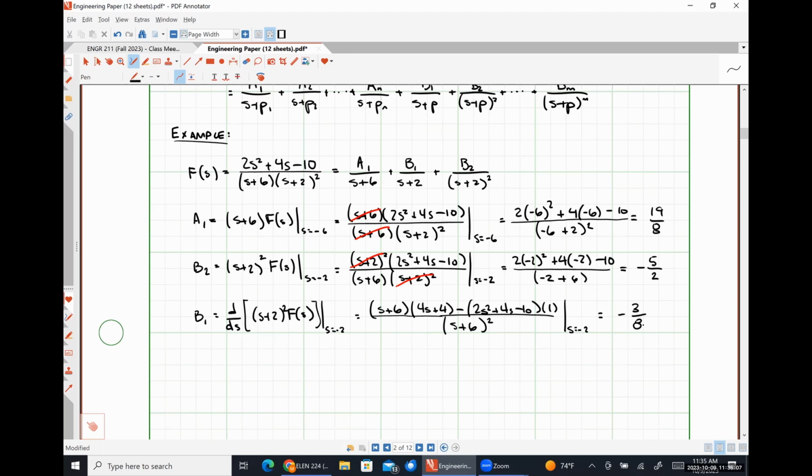You're nodding your head in agreement, so no questions, just running through, making sure I didn't make a math mistake. Very fair. All right. So now that our three coefficients are determined,